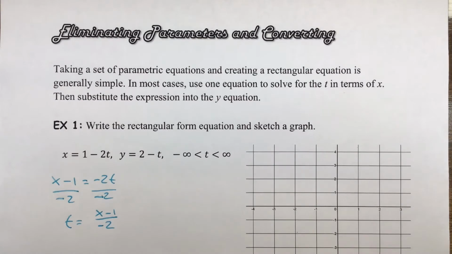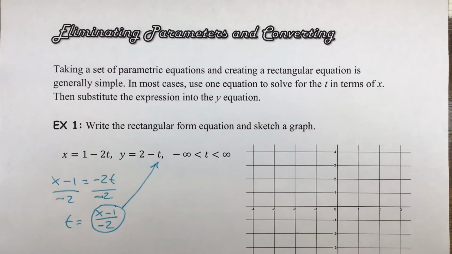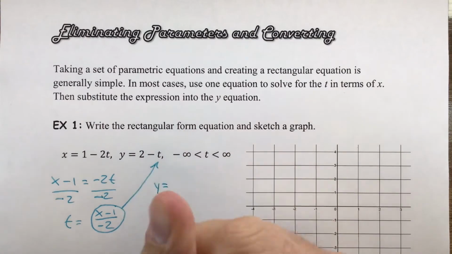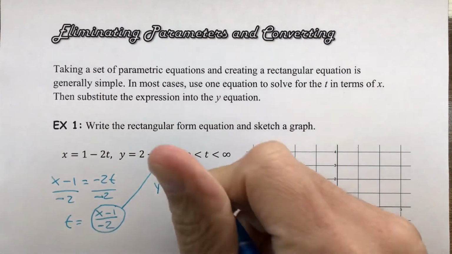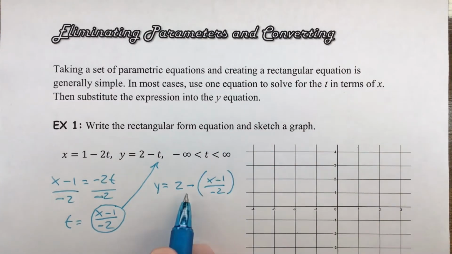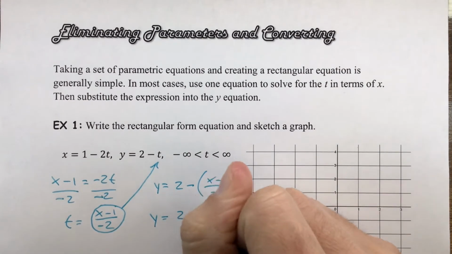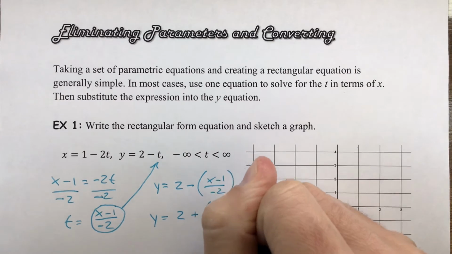All right, so then that expression, this right here, is going to get substituted into the other equation because it represents t. So then y is going to be equal to 2 minus this right here. All right, and one thing that you're going to notice here is that you got a negative out front. So typically we'll distribute that in, and we are going to distribute it in, but instead of distributing it to the numerator, you can actually distribute it to the denominator, which will cancel out the negative that we have there. Okay, so we can change this into a plus. We'll keep the parentheses right now, x minus 1